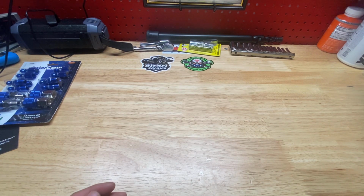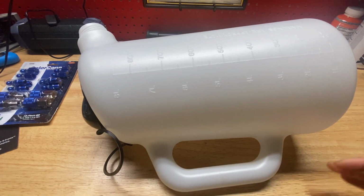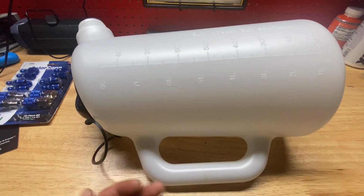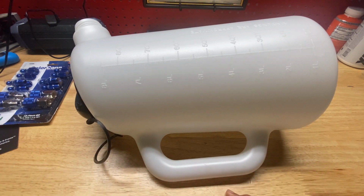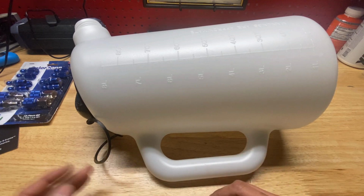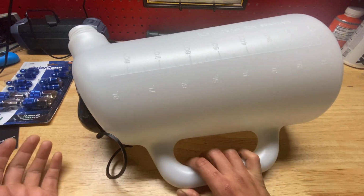The Lyle, one Lyle tool is this 8-quart oil jug, which is sometimes needed because multiple techs are using the oil because we're doing services or oil pan changes. So it's kind of hard to wait when you're doing services and trying to meet your efficiency right away. But there's a way to go around that, but sometimes the best way to do it is just to get it done. So while I'm waiting for the oil, I can just get this